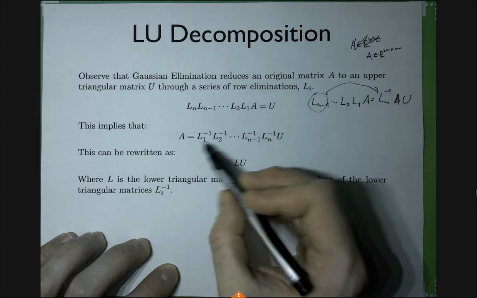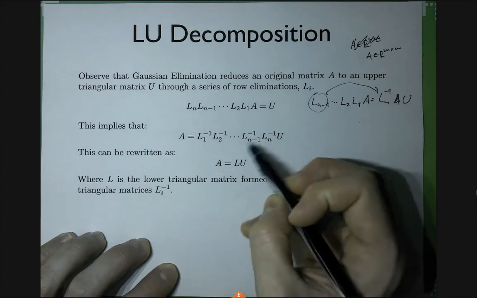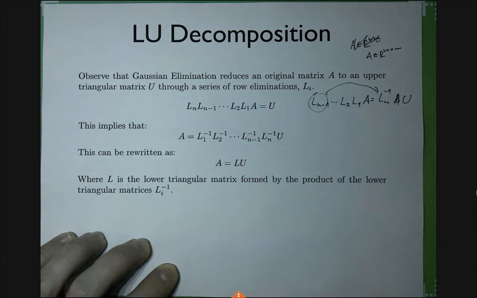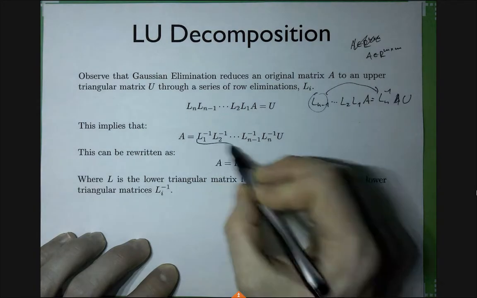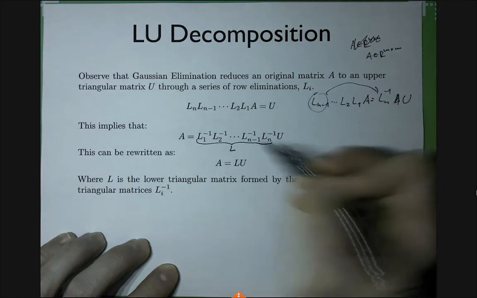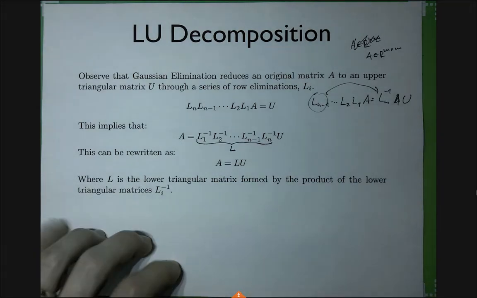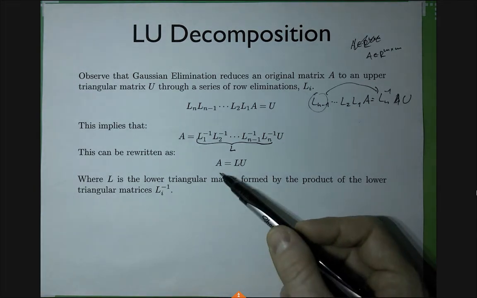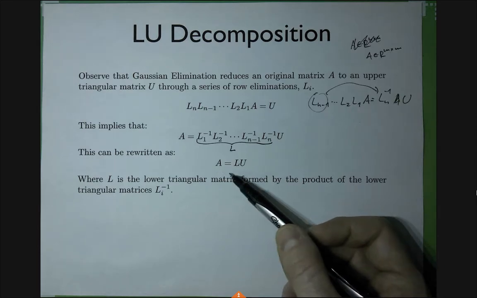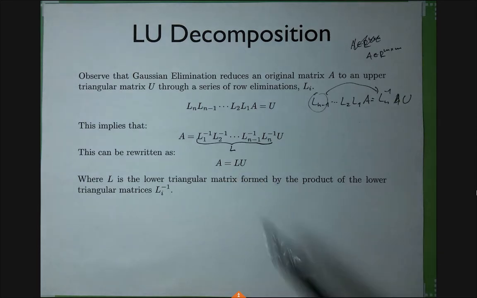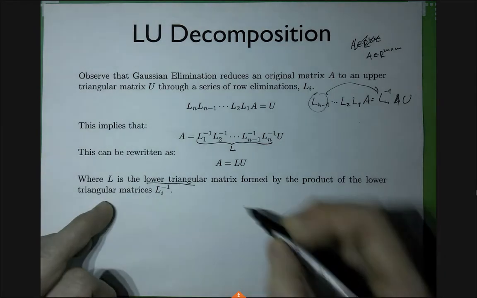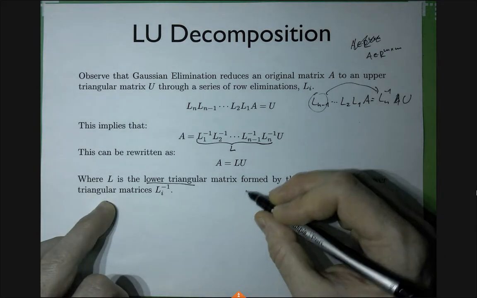So first of all, these are also lower triangle matrices. That's what we talked about just a couple slides ago. And the product of lower triangle matrices is also a lower triangle matrix. So that's awesome, because I just say, okay, these guys will be called now L, and this is a lower triangular matrix. So what I have done using Gaussian elimination, I essentially decomposed the matrix A into L and U, where L is a lower triangle, and U is an upper triangle.